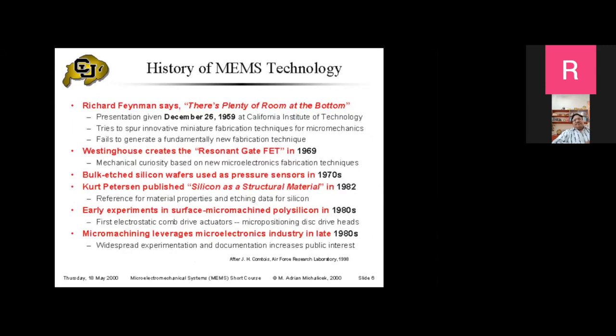So brief history, if you want to look at how this MEMS technology has grown, you have to go back to the beginning days of this technology, where Richard Feynman had said in one of his lectures that you can make devices very, very small. He was looking at what can be called quantum limits. How small can we make these transistors and all these devices? So he said you can put the entire Encyclopedia Britannica on the head of a pin if you miniaturize. That is the degree of miniaturization that is possible.